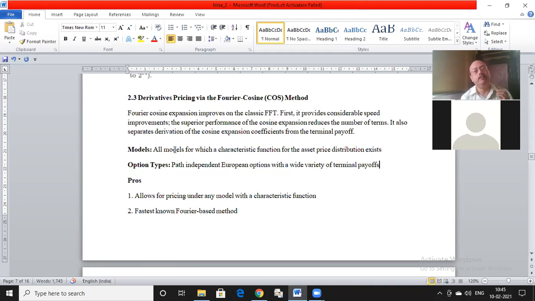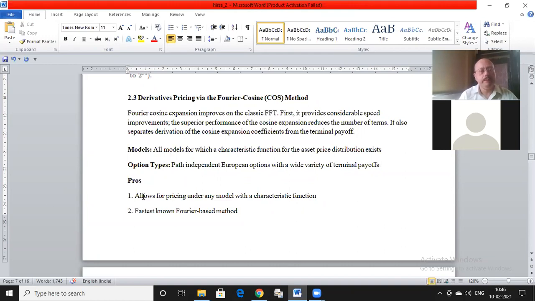Because as I said, now the terminal payoff part is separated. We can show that it is separated. So the variety of terminal payoff that is allowed is more. In fact, later on, we will also discuss some path dependent option pricing also. Using this same algorithm, same strategy, we can tweak it, we can extend it to include some of the path dependent options. So actually the applicability of the cosine method is even broader. We will see that, but let me first take up the basics.